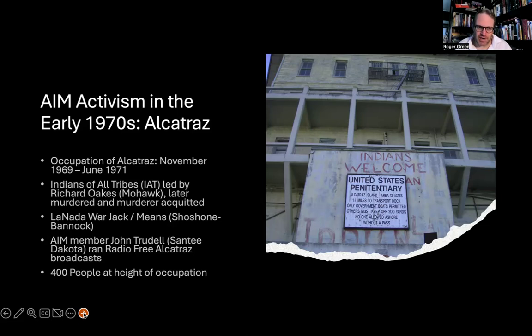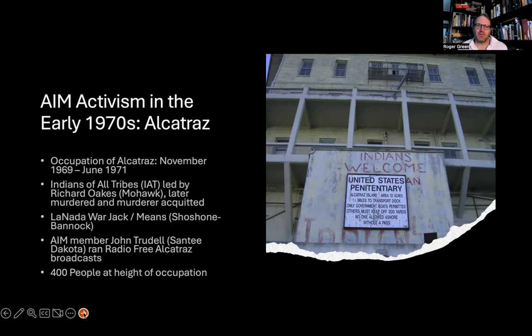So, the occupation of Alcatraz occurs in the 1970s. I know that there are current efforts under Donald Trump in his second administration to reopen Alcatraz as a prison, but it had been closed. And so, according to native treaties, any land that the US government gives up is supposed to revert back to native peoples. So that was the thinking around Alcatraz: here you have this abandoned island that used to be a prison. The US government has neglected it and left it. So the native activists go in and they take it over and occupy it.